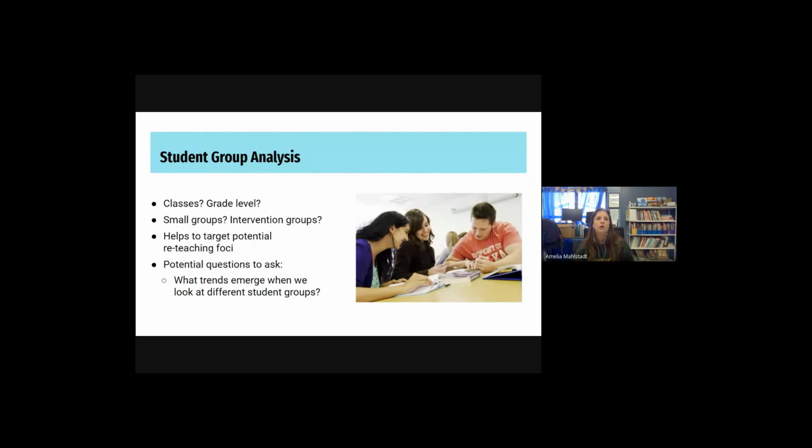We'll talk a little bit more, or you'll have some information in the modules about ability grouping versus flex grouping. When we work in PLCs or ILTs, we know that looking at common assessment data is something that's really common. And that's great because those formative common assessments can help us form our small groups, but we also want to be really aware about